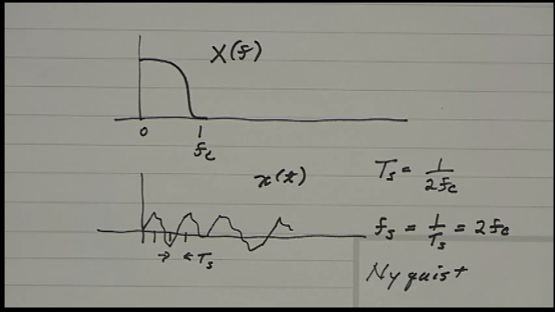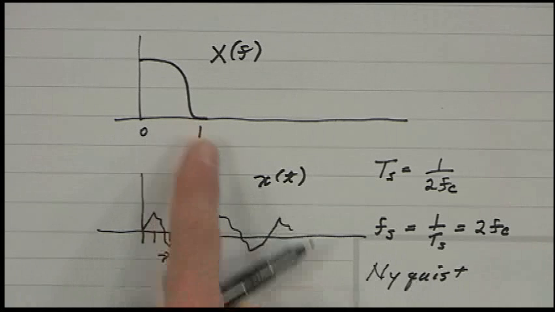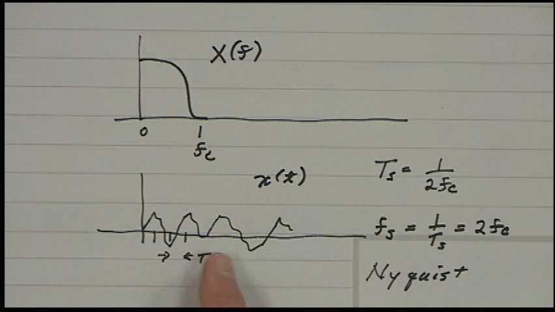Okay, we'll talk about that later. But intuitively, if you have higher frequencies, you have to sample at a higher rate. And the fact that it just happens to be twice, well, that's easy to remember, because if you look at a sine wave,